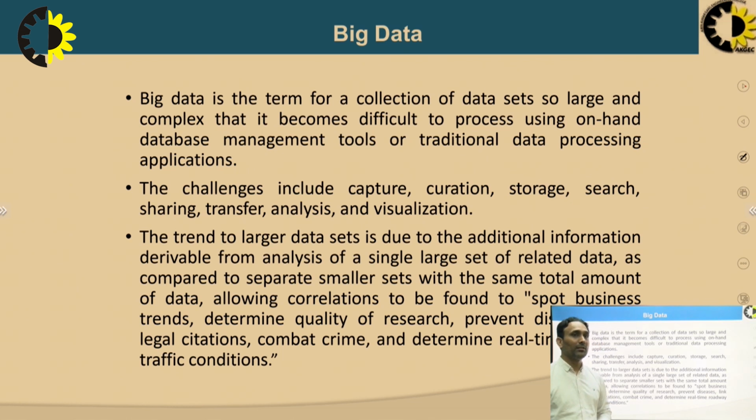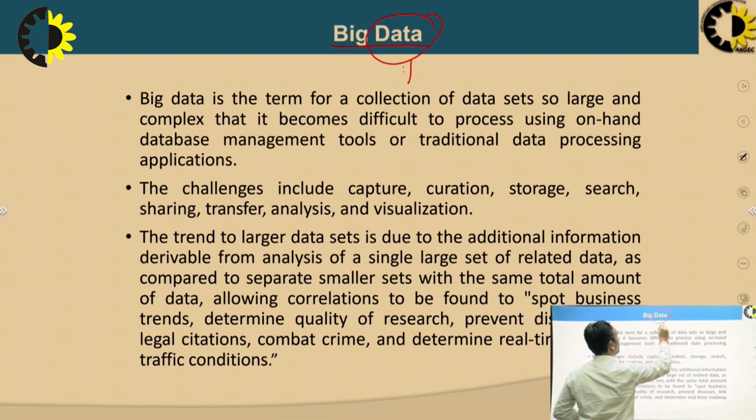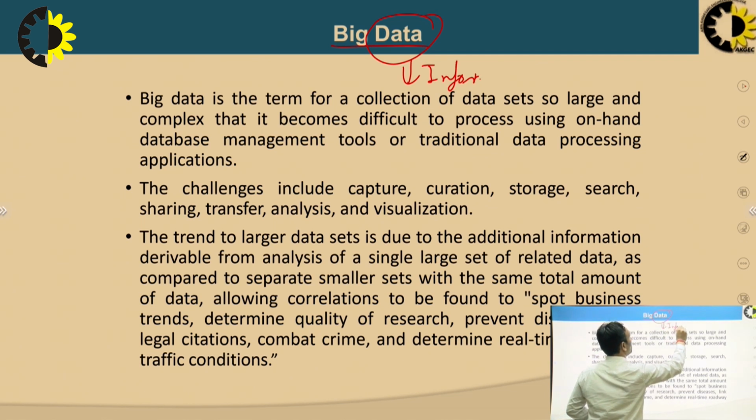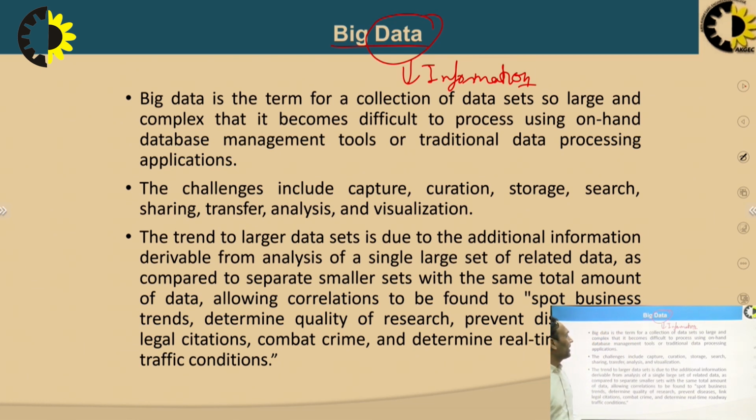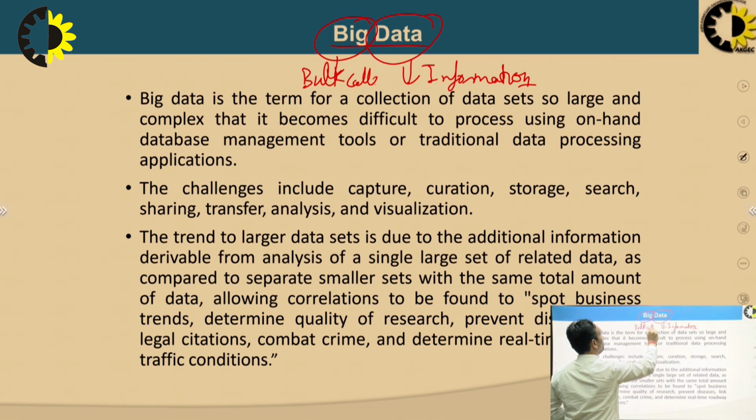As the name suggests, it is a combination of two words: big and data. Data, as I said earlier, is the information in a discrete form or in a text form, and big here represents the bulk collection of data, that is not in KB or MB, but in petabytes. We'll understand the actual hierarchy of data collections after that. So first we take the definition of big data.